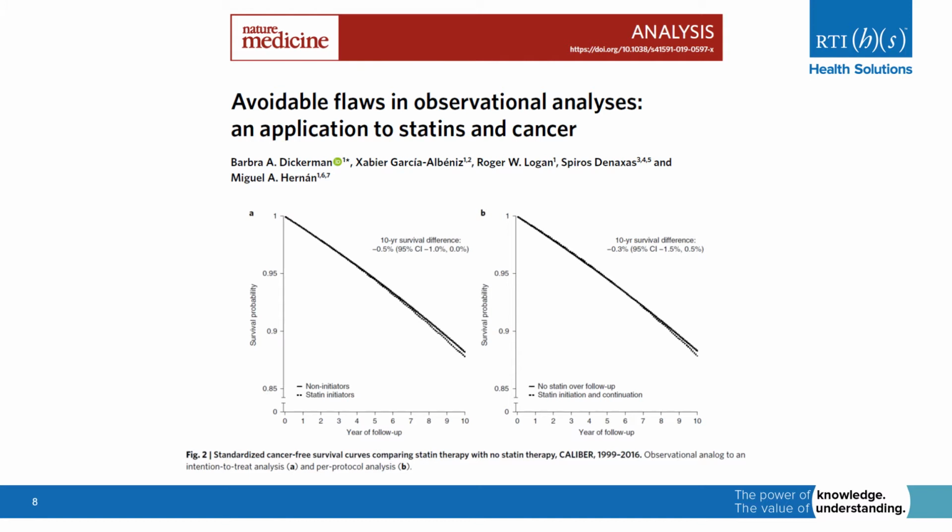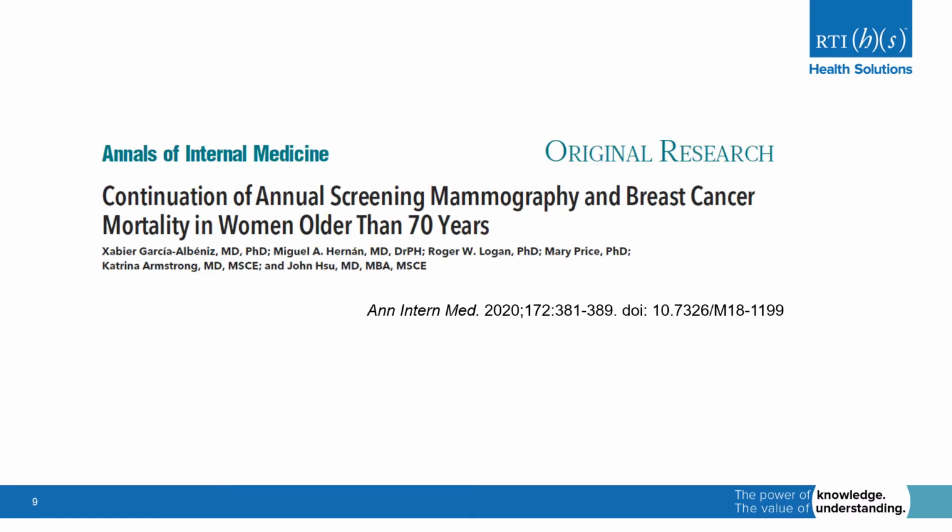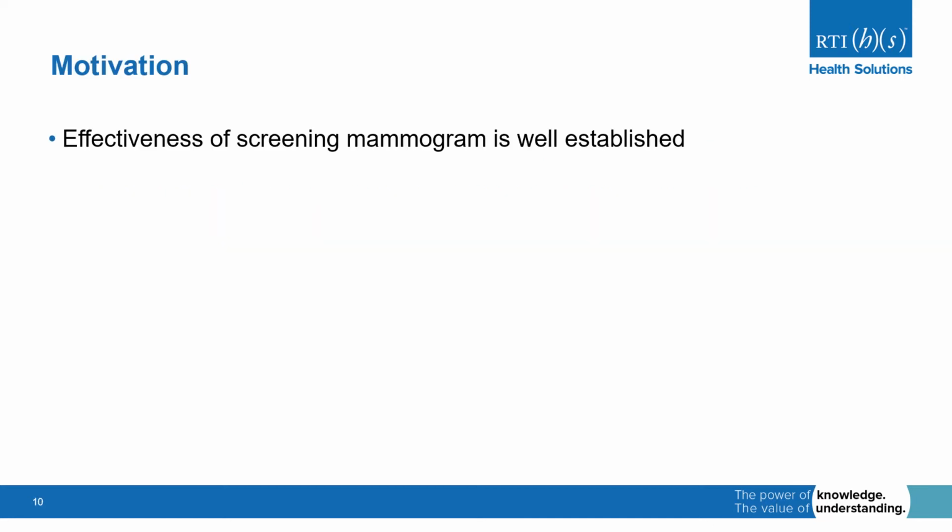Okay, but we are going to study this case study here because it's a little more involved and will give me the chance to explain more nuances about how to emulate a target trial. This work was published this year in Annals of Internal Medicine, and it's about continuation of screening mammogram and breast cancer mortality in women over 70 years. So why is this article important? You probably know that